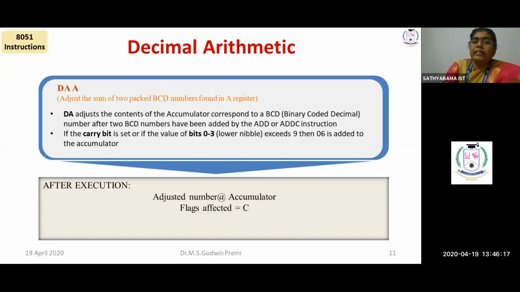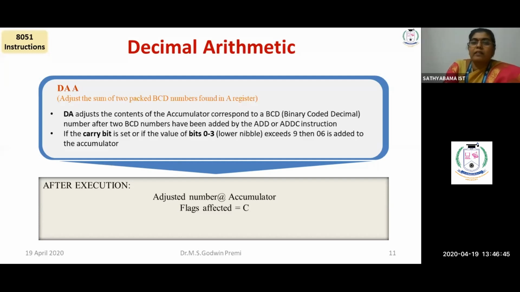So here, if the carry bit is set or the bit 0 to bit 3, that is the lower nibble, exceeds 9, then 06 is added. This is the actual operation of decimal adjust, DA. The actual operation is if the carry bit is set after two BCD numbers are added,